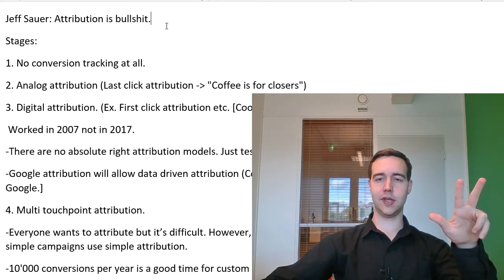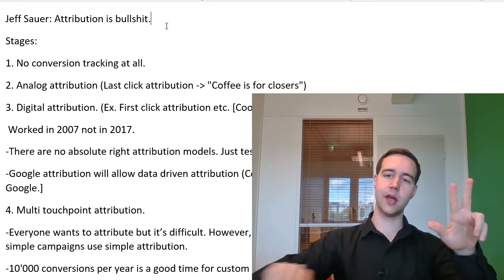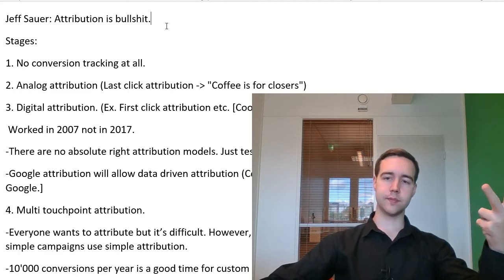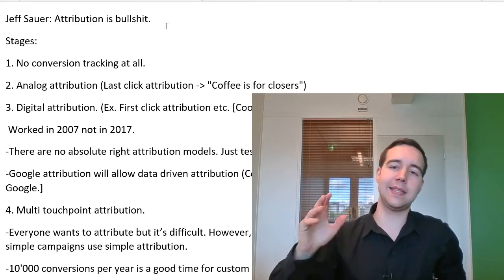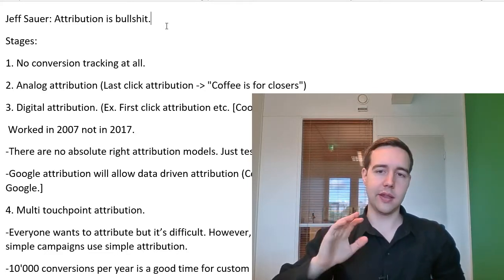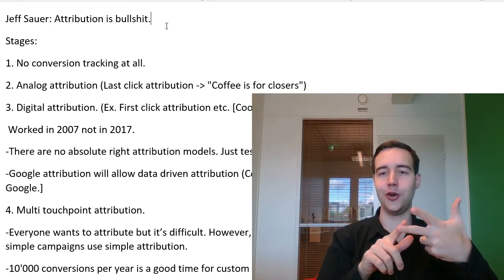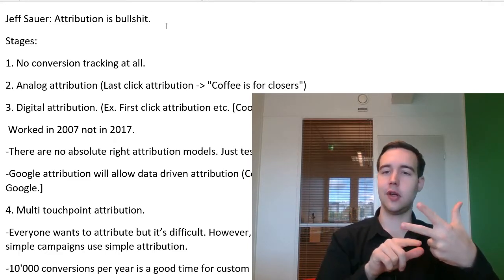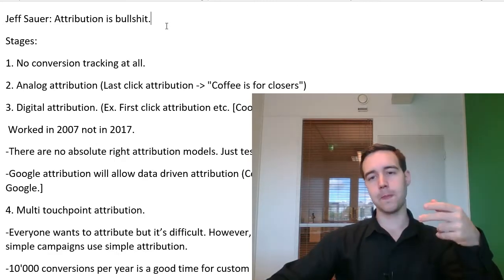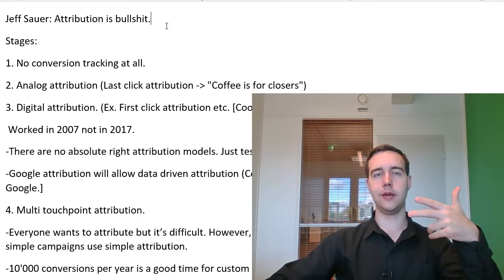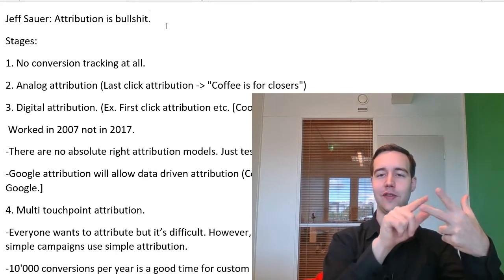Like which of these, how should we say, okay, you played this part, you played this part, and you played this part. Now by default on Google, the last click will get the sale. So it's the so-called last click attribution. And there's different ones. You could go evenly with this, so 33, 33, 33, or you could go first click 100%, 0, 0, or normally it's last click, so 100% 0, 0 this way. You could go and do a custom model. So for example, 50, 0, 50, or 25, 25, 50, something like that.